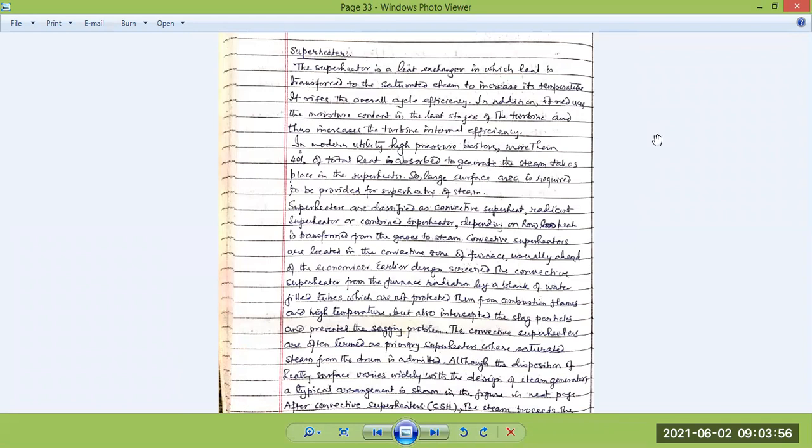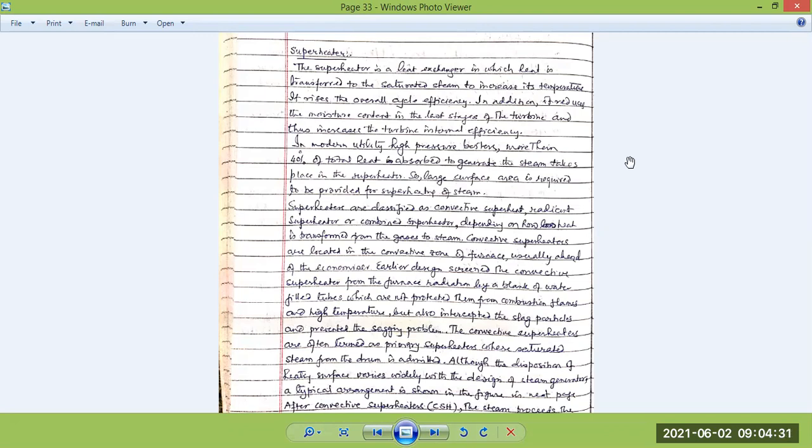Let us start today's lecture by telling a few words about the superheater, which I discussed yesterday. Just giving you the definition: what is a superheater? We have gone through the different aspects of the economizer, we know the reheater, and now we are going through the superheater itself. All these items are integral parts of a steam power plant itself, and they